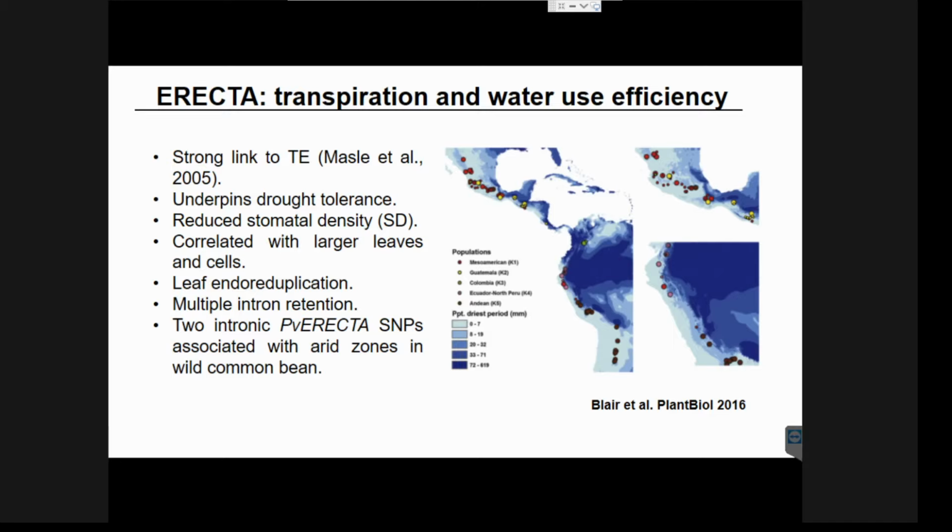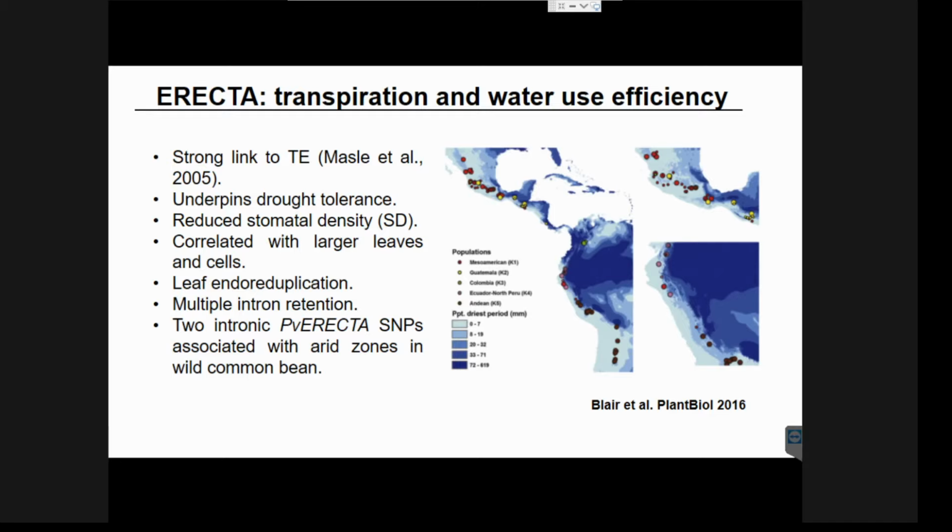But to make things more complicated, the stomatal density phenotype of ERECTA in terms of crop water use efficiency doesn't come from direct involvement of the stomatal development program. Because what you have is changes in stomatal development, but not changes in stomatal index, i.e., it's a cell size thing. So what we're trying to understand now, and some work from a couple of Chinese groups, whose names I can't remember, I'm sorry,